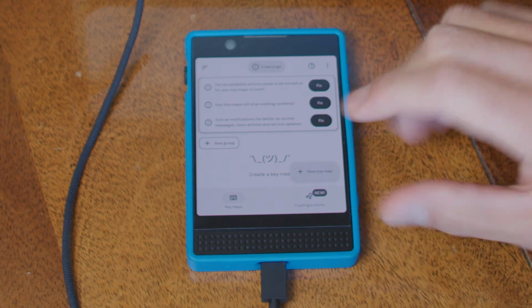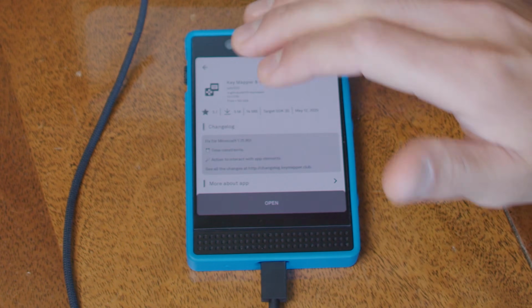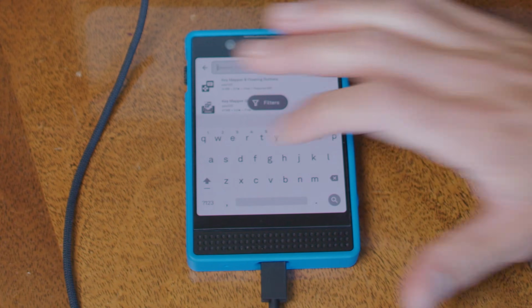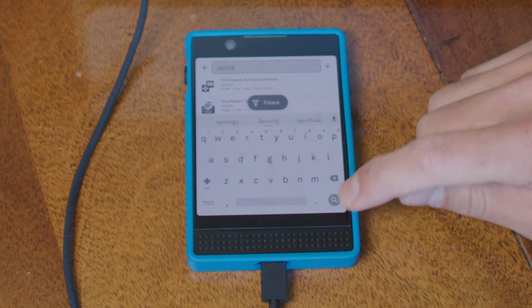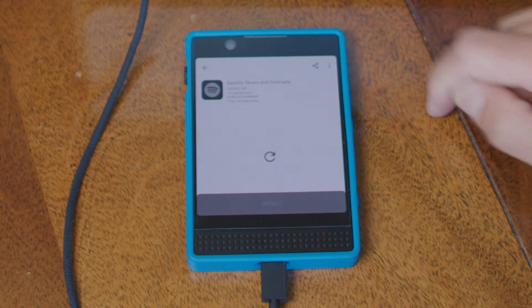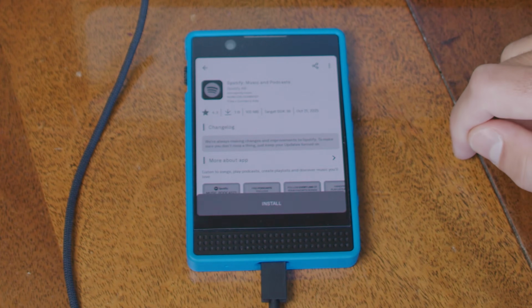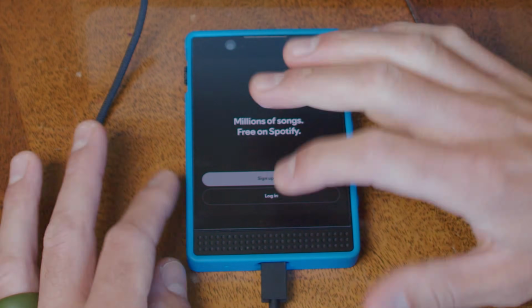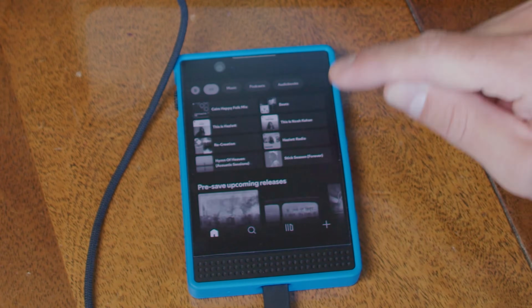But the first thing we need to do is go ahead and download Spotify so that we can access that app using KeyMapper when we have a trigger that coordinates with an action. And of course, the action we want to be is open Spotify. So I'm gonna go ahead and download Spotify so that's available to us inside of our Lytphone once we have it all set up. So we'll go ahead and install Spotify. Go ahead and log in with your own credentials, of course. All right, and now that I'm logged in, I'm gonna go ahead and head back over to KeyMapper and get